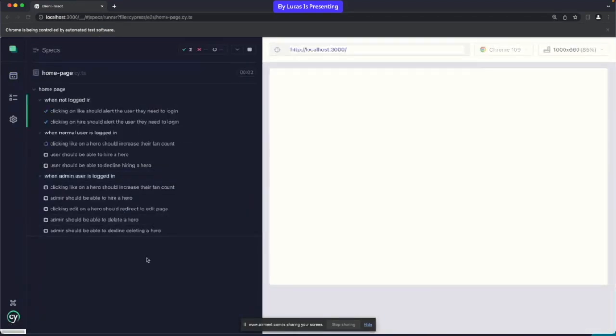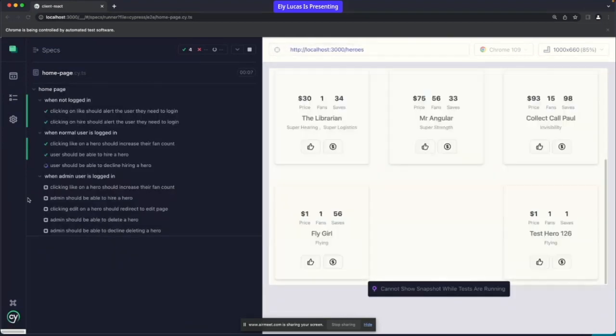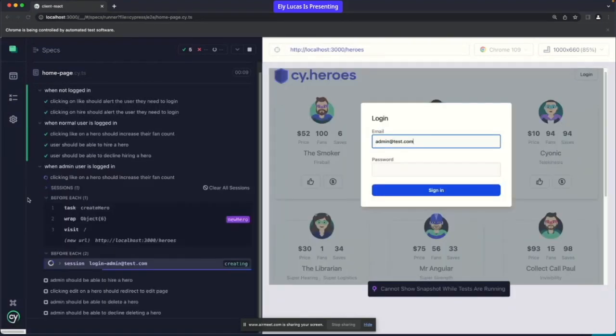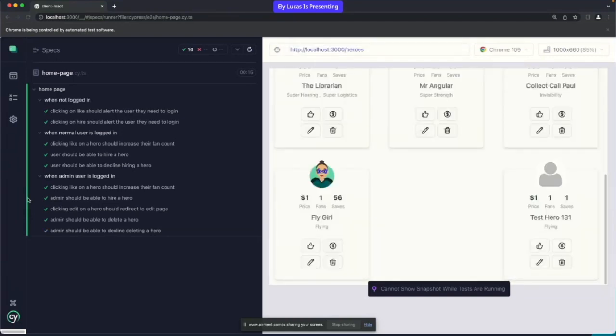But yeah, here's the end-to-end tests. I've got right now a pretty good suite of end-to-end tests that pretty much covers all of this application. Nice. Now, one of the things I think we could do is probably add some code coverage to it to give us stats and stuff like that. And that's probably one of the things we could think about as we're adding to our automation pipeline